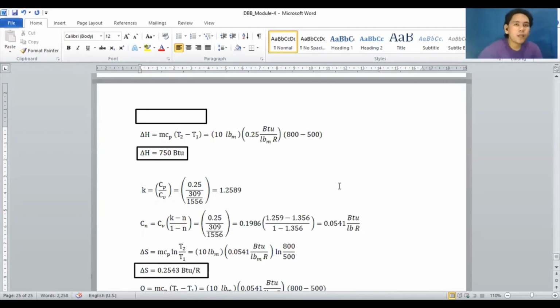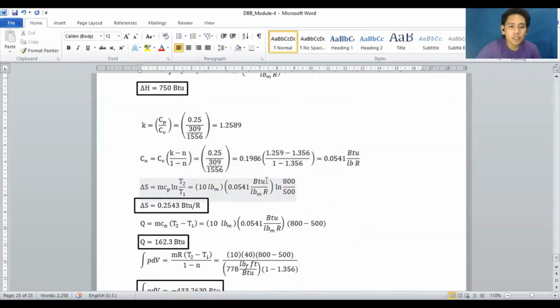Now, here is a tip also. If there is no Cp or Cv given in the problem, it is automatically in a standard condition, so you do not need to compute the value of k. But if the problem has stated a different value of Cp and Cv, it is understood that you have to compute for the value of k. Do not assume that it is 1.4 or 1.3, as well as the standard values of Cp and Cv. Now, your Cn equals Cv times (k minus n) all over (1 minus n),